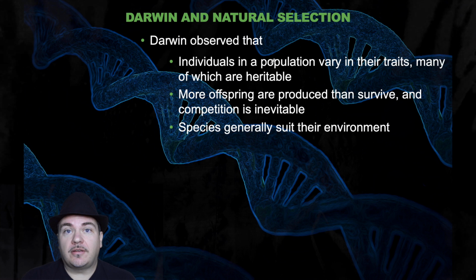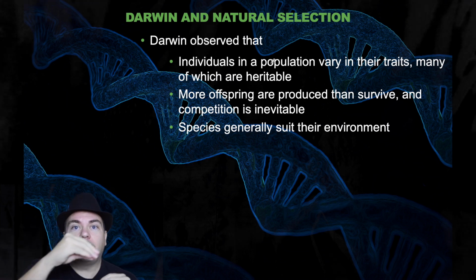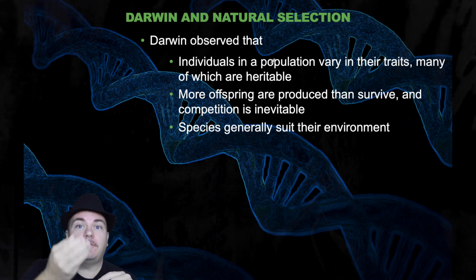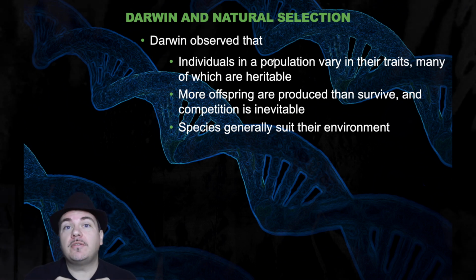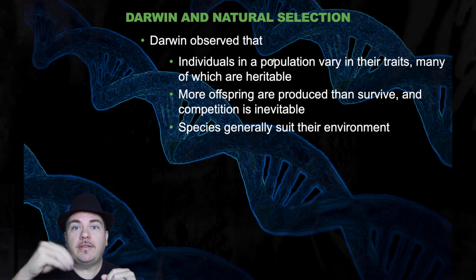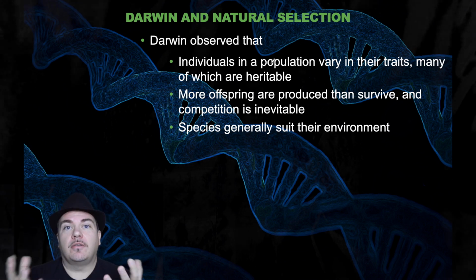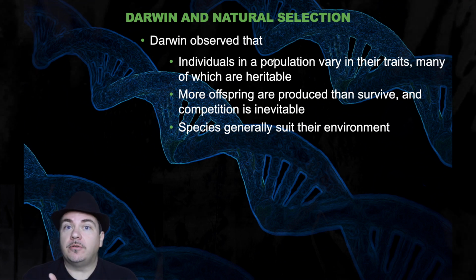So because of that, they're going to end up competing with each other. They're going to compete for resources. For example, food. There's not enough food out in nature to feed all the baby mice that could be born. Well, if one little mouse comes along and finds that piece of food and eats it, it survives for the day, but then that food's not there for the next mouse to come along, so it dies. So they're going to compete with each other for resources like food.